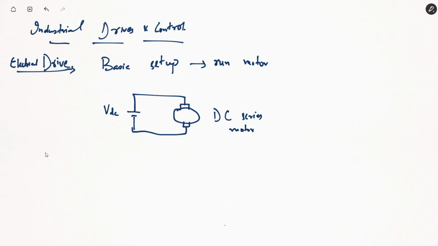Now, but we are not dealing with such types of circuits जहाँ पे हमारे पास already एक voltage source available है और उसको हम directly connect कर रहे हैं to a motor. What we'll be dealing with is more complicated types of drives, and those drives will be used for a number of applications. For example, speed control of the motor.